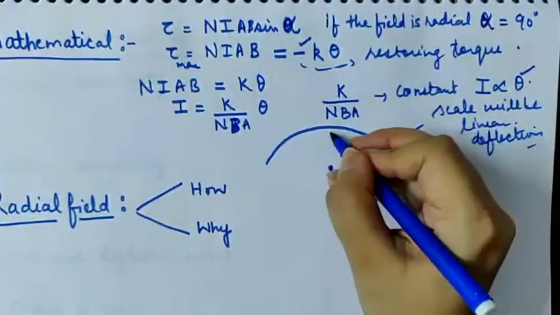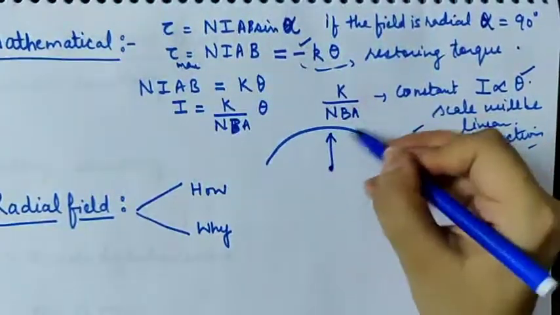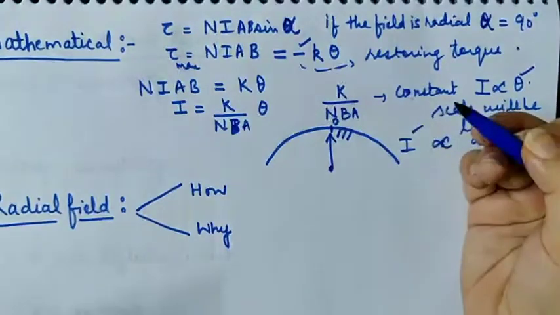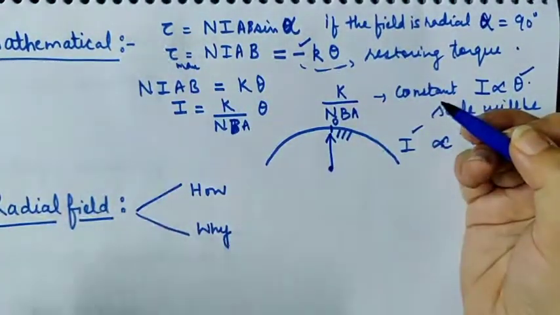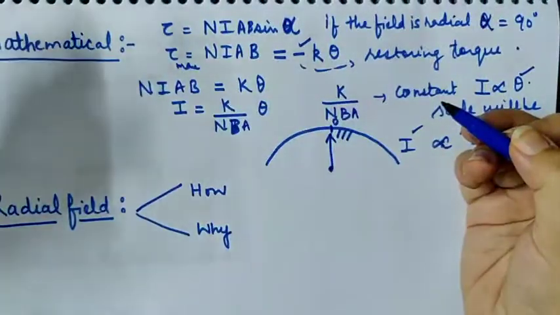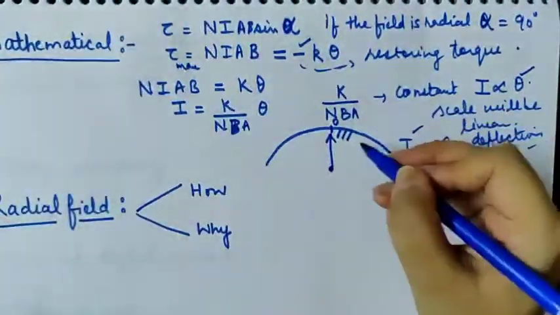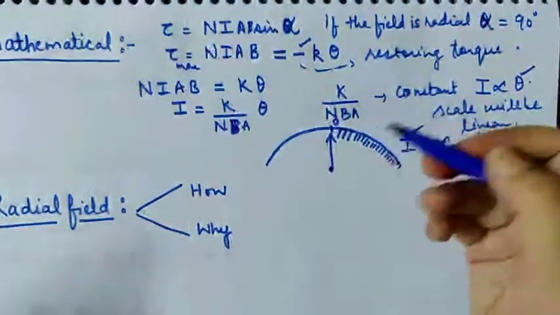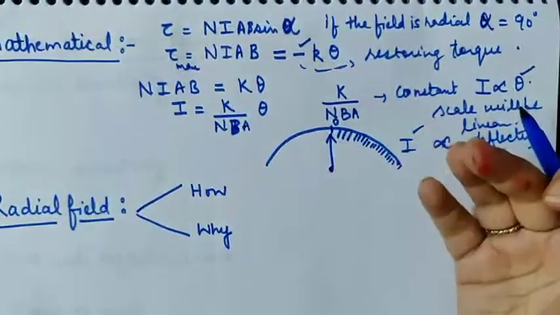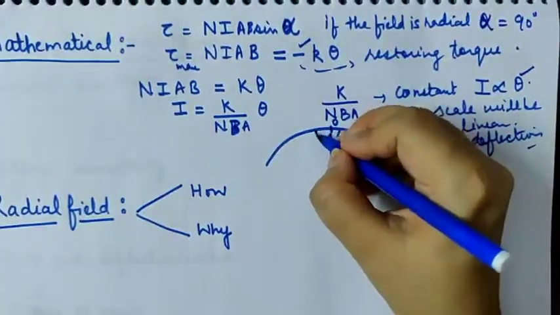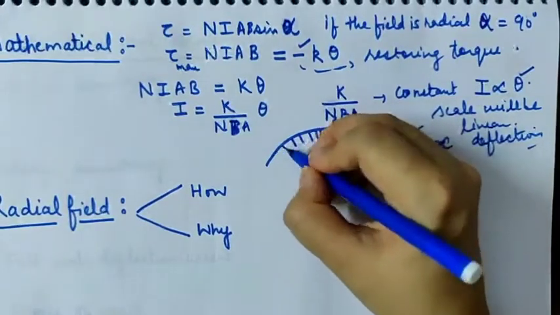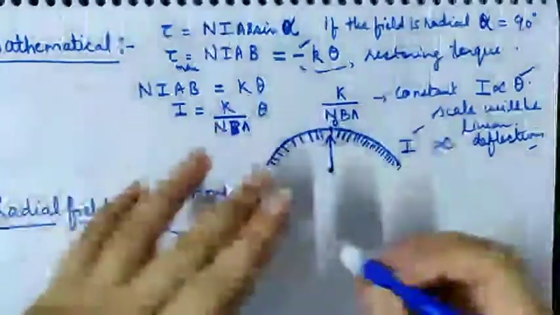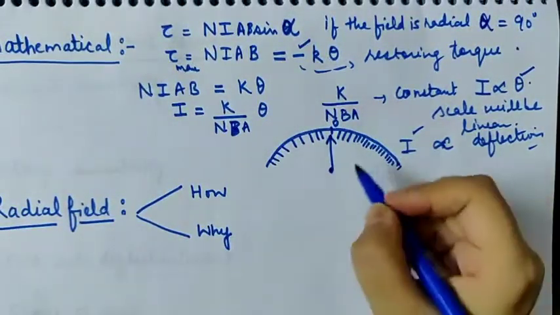This is a point where the pin is pivoted. This is the scale. This is 0. Scale is taken on both sides because twist will be in one direction if the current is flowing in one direction, and twist can be in the opposite direction if current starts flowing in the opposite direction. So this is the scale. There might be many values given on the scale. Mostly it is in microamperes because a very small amount of current is noted, and if it is in the opposite direction then the scale will be seen like this. So the needle will turn and we can note down the value of current from this galvanometer scale.